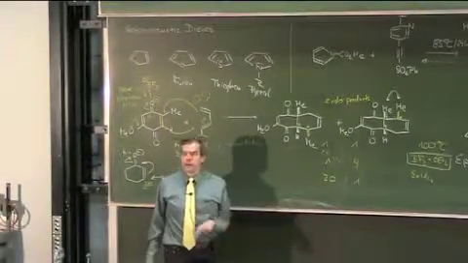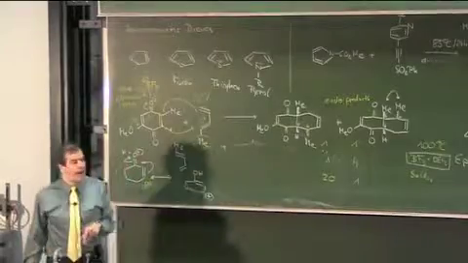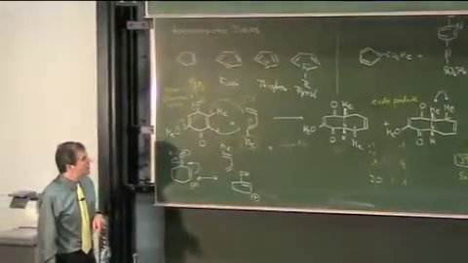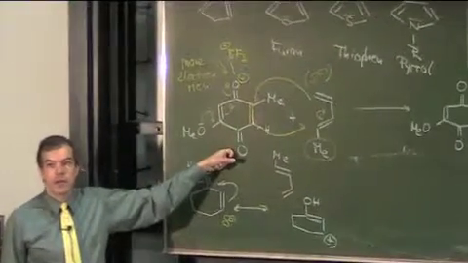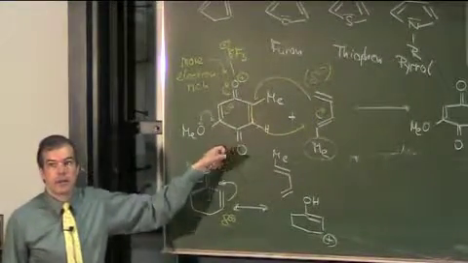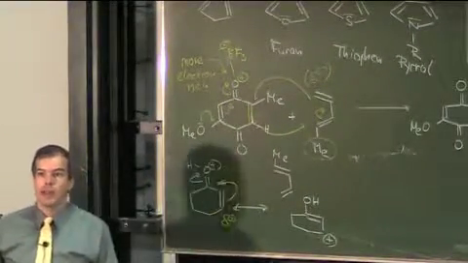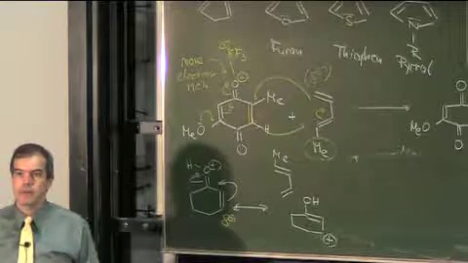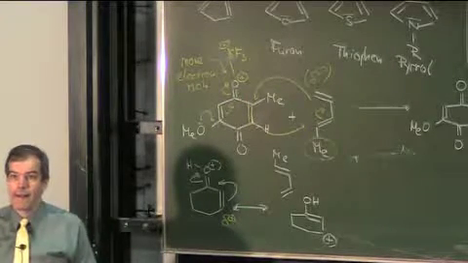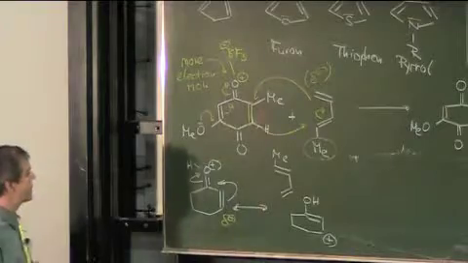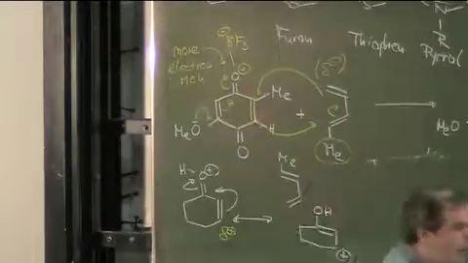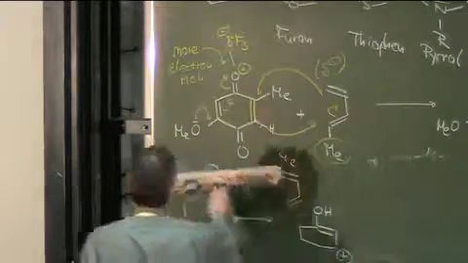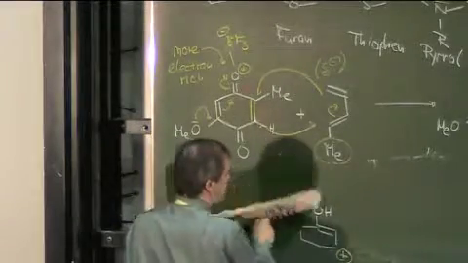Now, tin tetrachloride is apparently preferring the other regioisomer, and this tells you that it is coordinating apparently with this carbonyl group. Has anyone a good idea why this is? Yeah? Yes, exactly. And again, this is something we saw already in the Aldol reaction,